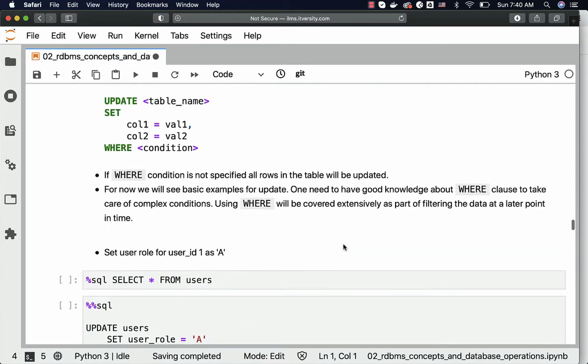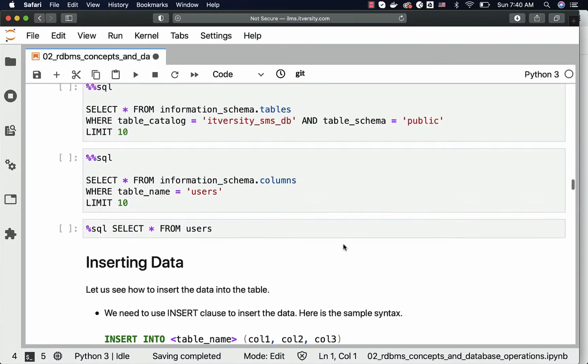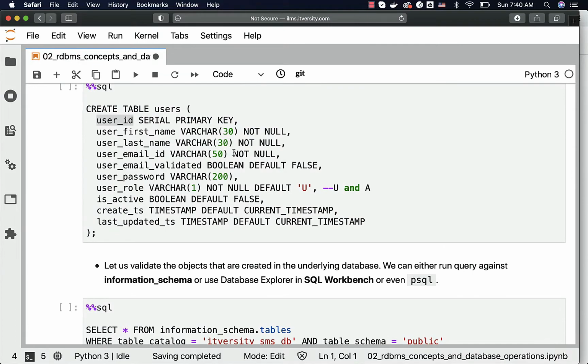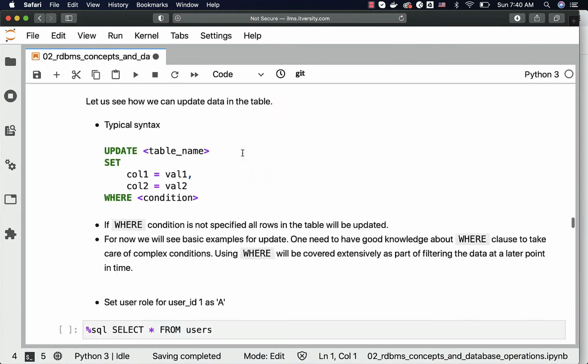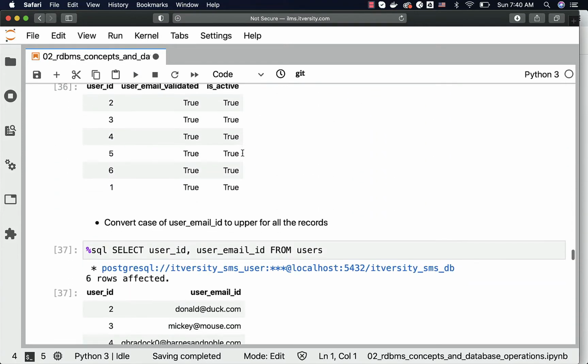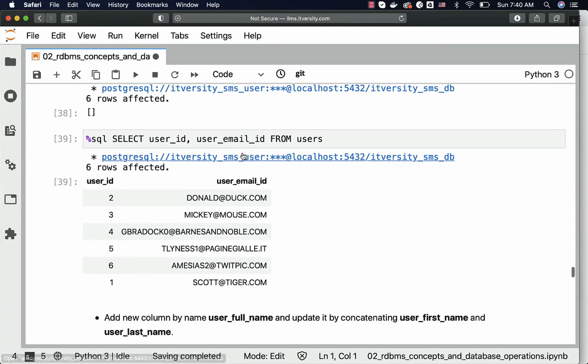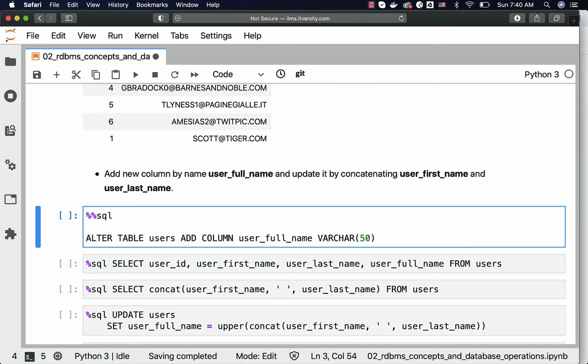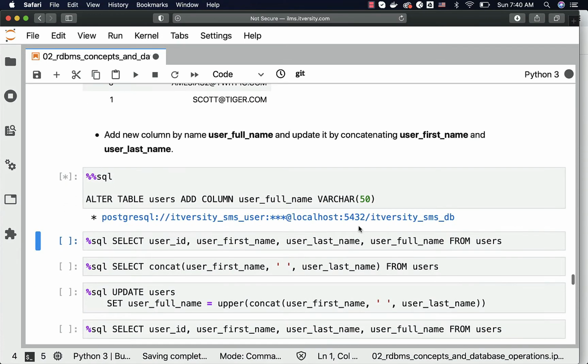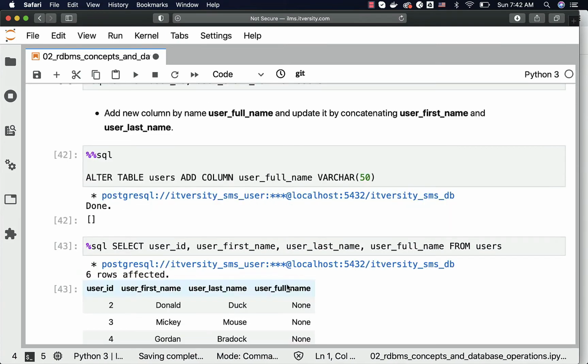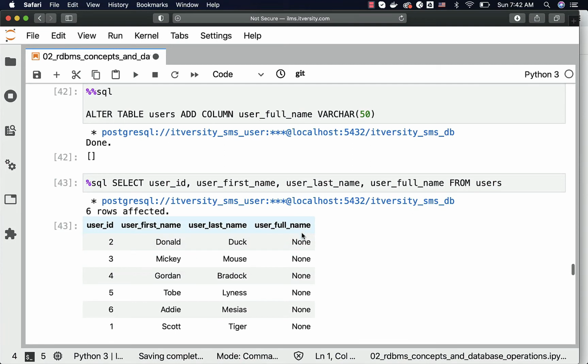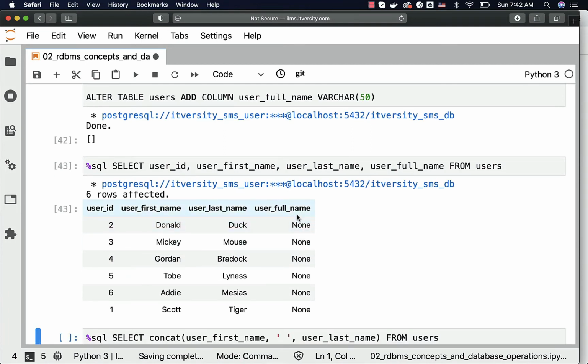Let us go back here and check the length of the first name and last name. First name is 30, last name is 30, and hence we can say 50 or 60 with respect to full name. So let us change this. Instead of saying 90, I'll be using 50. So let me alter the table with user full name of type varchar of length 50. Now the table is altered and you can actually see the results because the user full name is added without any defaults. You will be seeing null values with respect to user full name. You are seeing none here because I am using a Jupyter Hub based environment which is Python based, and hence it is actually showing none, but actual values inside the database are nulls.